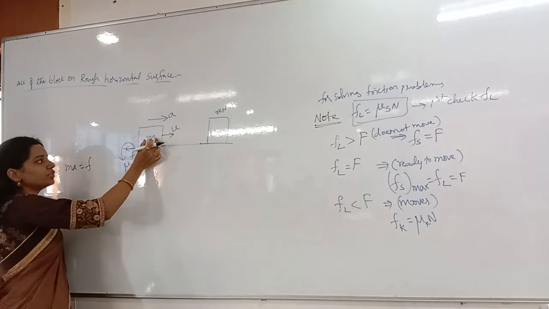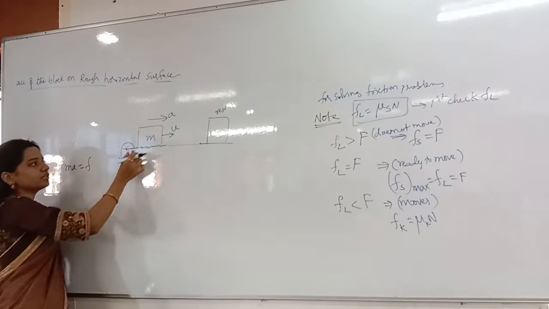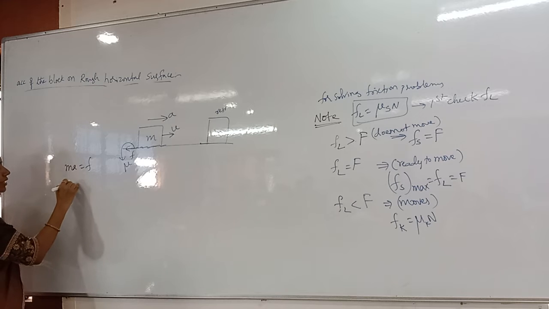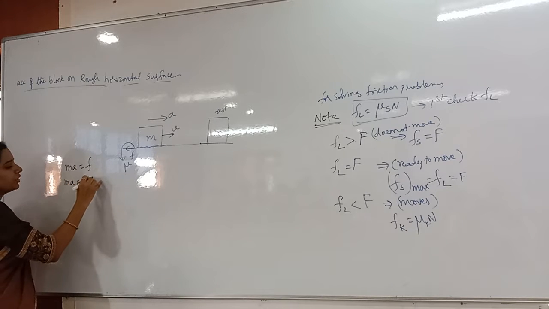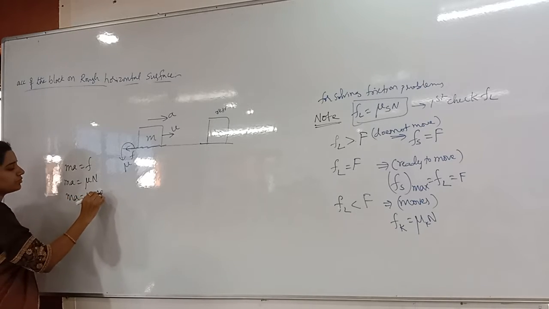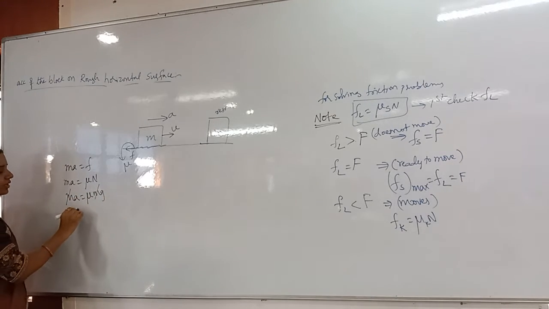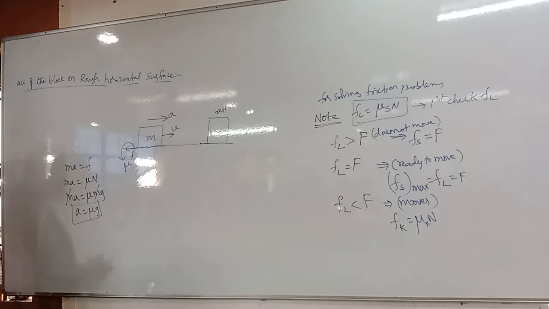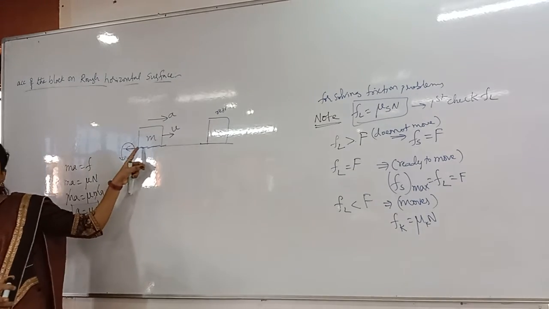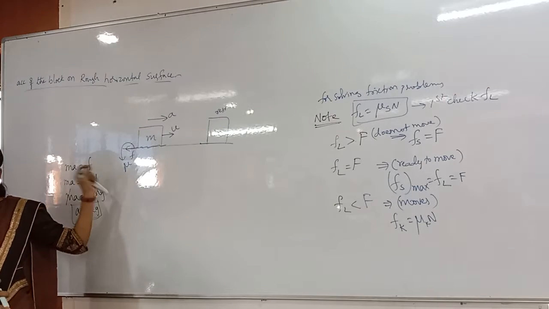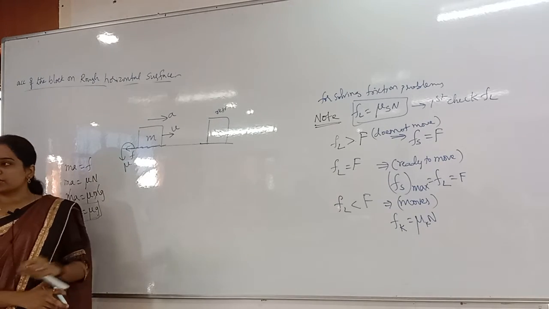Now the body is moving with acceleration a. So ma is equal to F. What is the formula for F? Mu into normal reaction. So ma is equal to mu mg, then m gets cancelled. Acceleration is equal to what? Mu into g. Clear? So whenever I give an initial velocity u to a body of mass m on a rough surface with coefficient of friction mu, it is moving with an acceleration a.